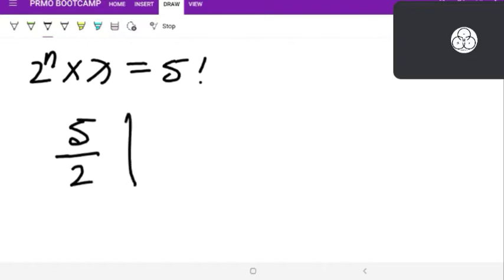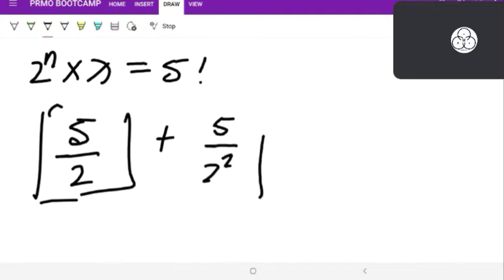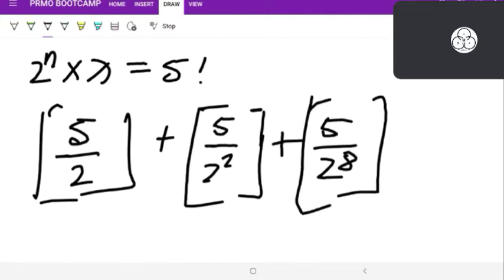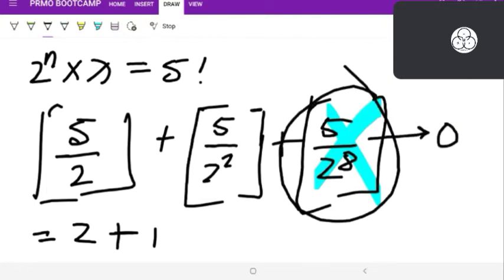This will be simply 5 divided by 2 plus 5 divided by 2 square plus 5 divided by 2 to the power 3. Now I know that we do not need to write this part. Why? Let's see. 5 divided by 2 is 2. And 5 divided by 2 square means 5 divided by 4, and taking the greatest integer function, this will be 1. And this will be 0, because 2 to the power 3 equals 8,